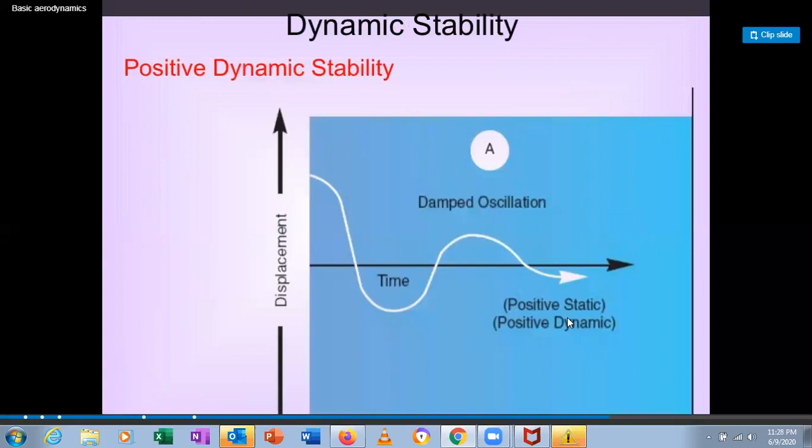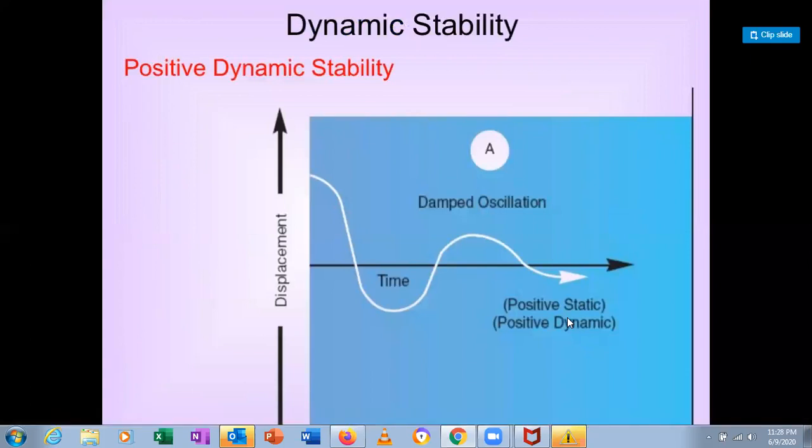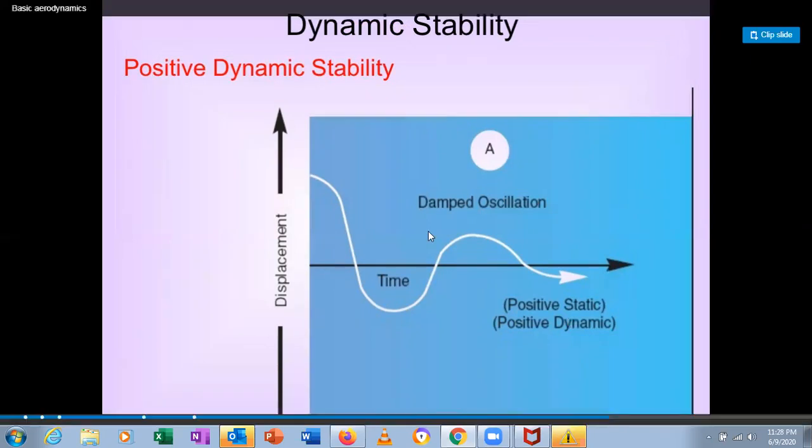And in dynamic stability, we have two types: the short pitch mode, which has shorter pitch oscillations, and phugoid motion, which is a larger pitch mode. I'll show you here. With positive dynamic stability, when it is damped, it takes around 30 seconds. It will be a little larger. You can see here it takes time. When the aircraft is disturbed, it goes up and down and then becomes stable.